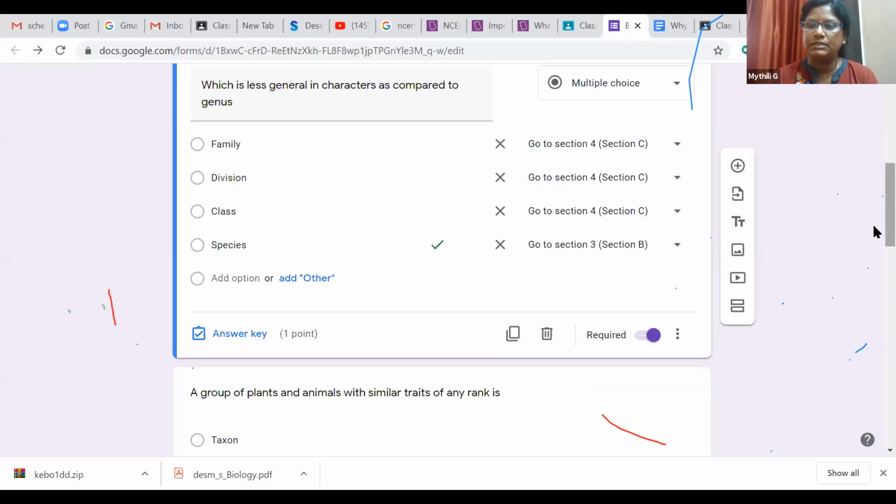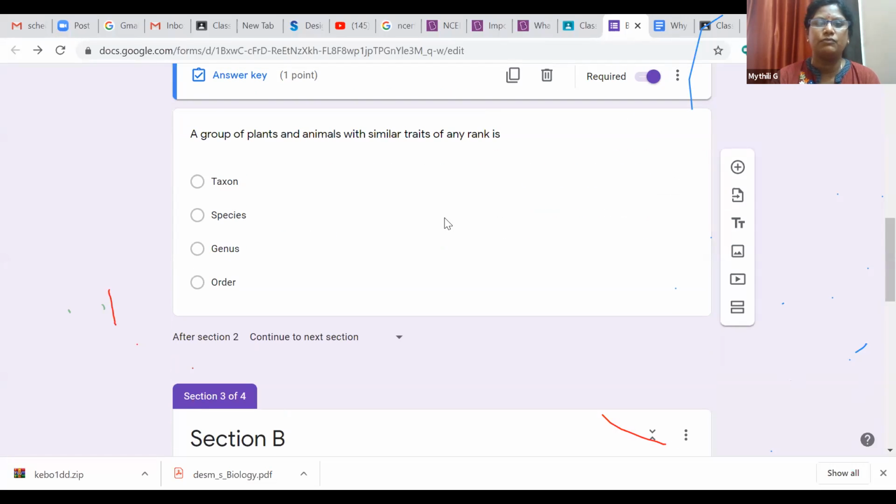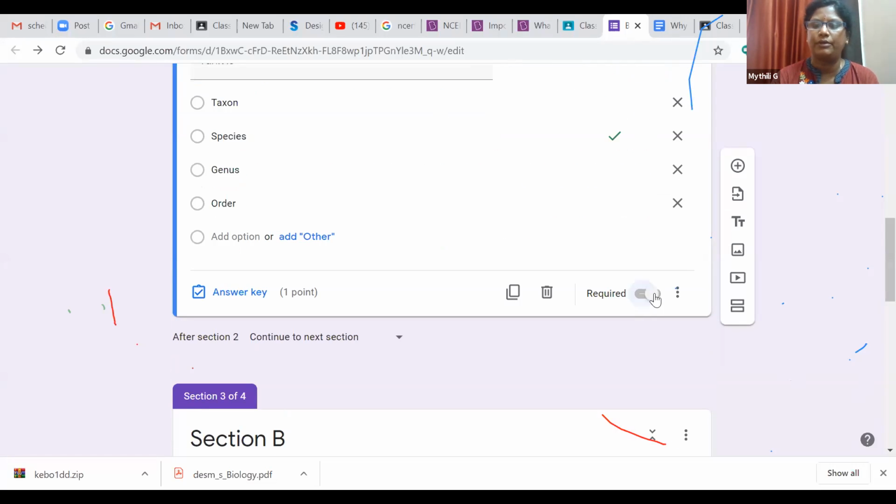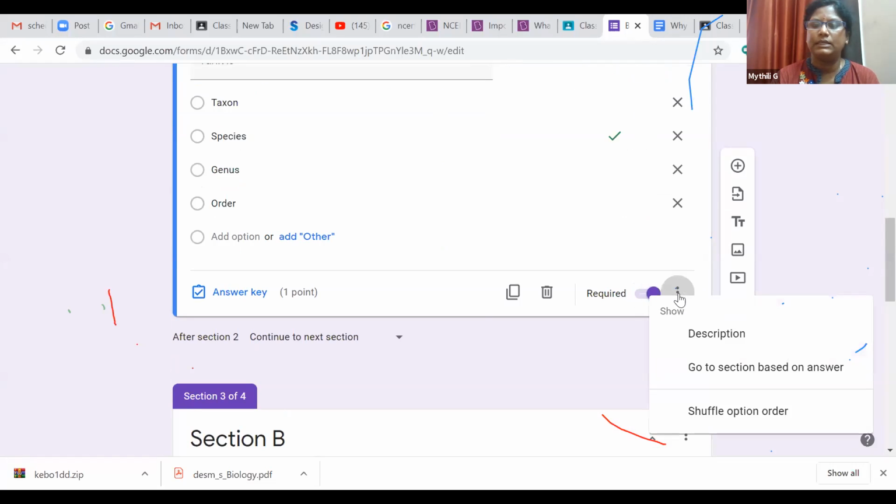Similarly, in this question, this is also a required question, I'll say shuffle this also, and then I will say go to this one.